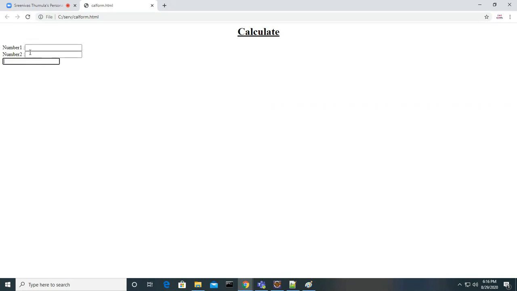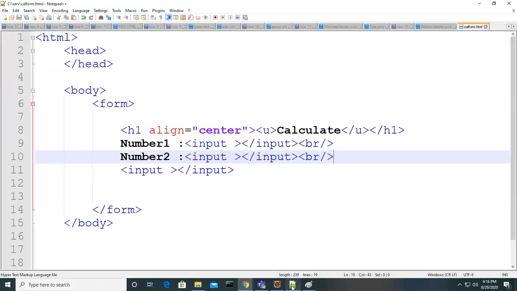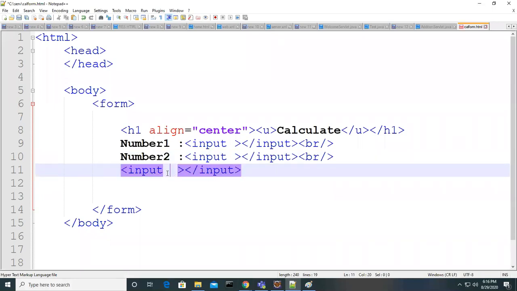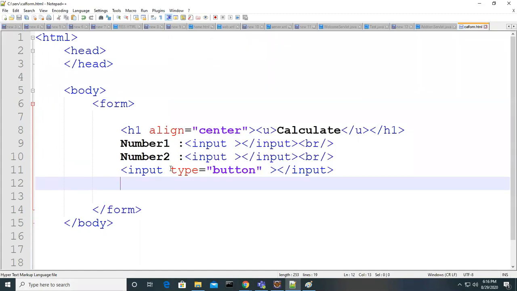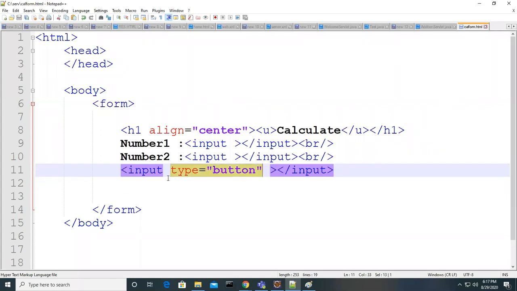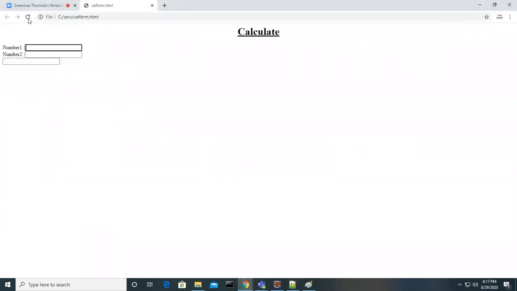But by default, if you use the input tag, what's coming? A text box. We are getting a text box. So if you specify type equal to button or submit. Let's say I'm using submit here. Button or submit, both are the same visually, but work-wise they are different. For your case, just try to use button. So the attribute I used for this input tag, guys, is type equal to button.